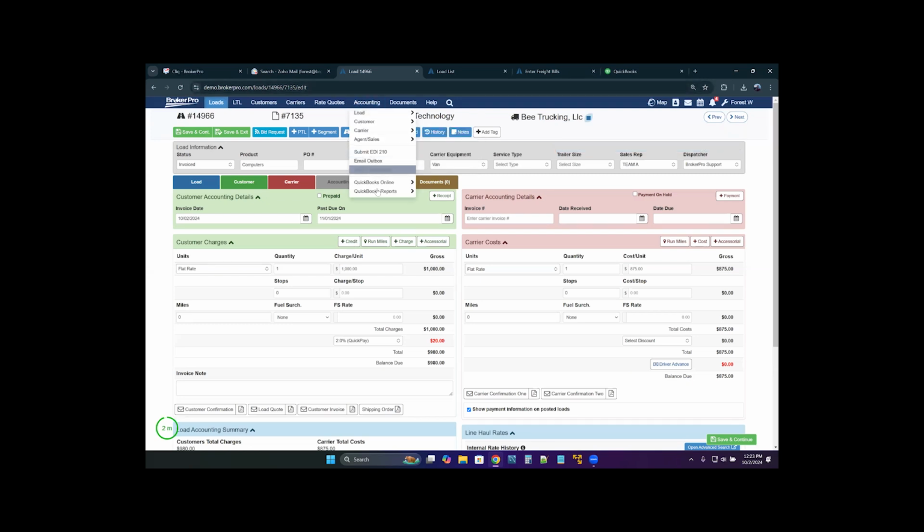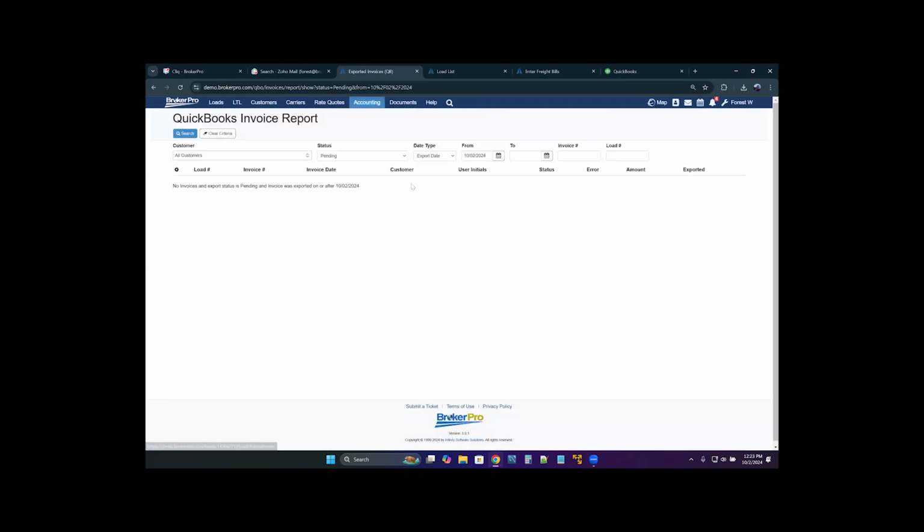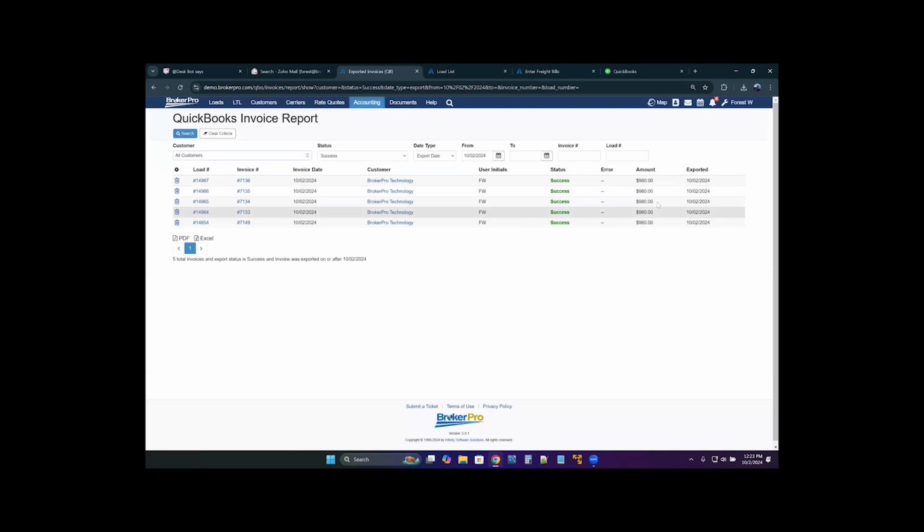And then we have a reporting section inside of BrokerPro as well. So you can tell without even going into your QuickBooks what happened to that transaction here. So I can go to here, select the status, and you can see here, these are the successful invoices that I have that should be over in my QuickBooks now. So if I take one of these invoice numbers,